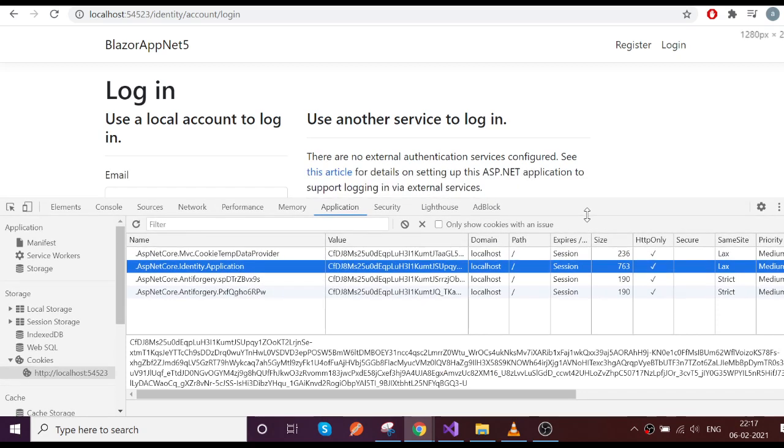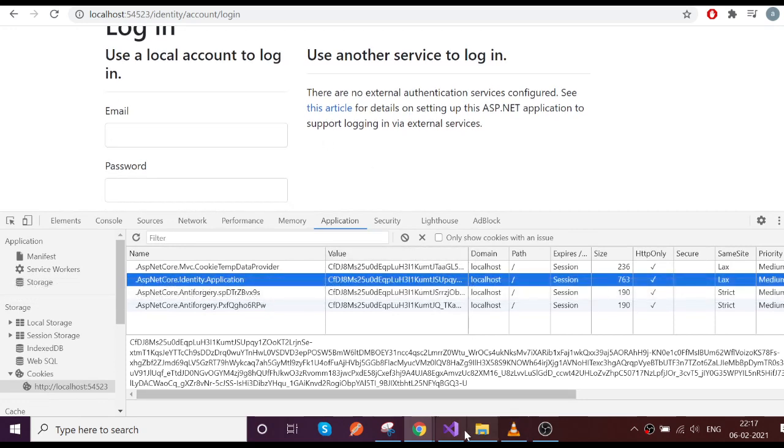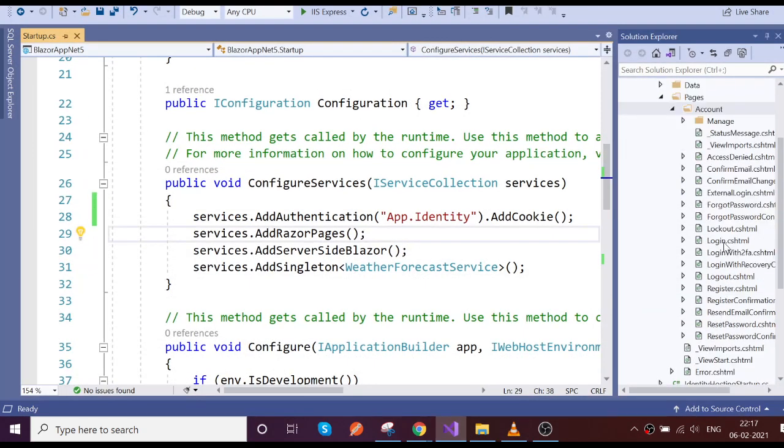So now let's go and try the logout. How to do the logout: we already have the functions, right? This is the logout page.